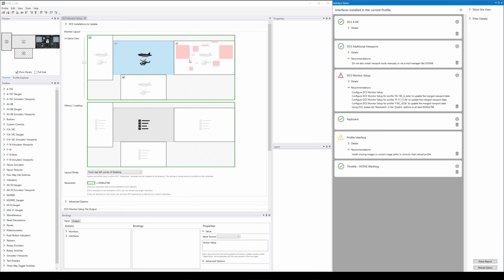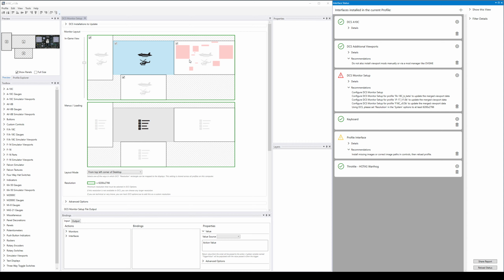Now, in DCS, there is no configuration to tell it where to place the main window that it opens when you run in windowed mode. The only thing you configure is the size of that window by setting the resolution parameter. And DCS then tries to do something clever depending on what that size is and what monitors you have and how they are arranged. That means that you have to tell